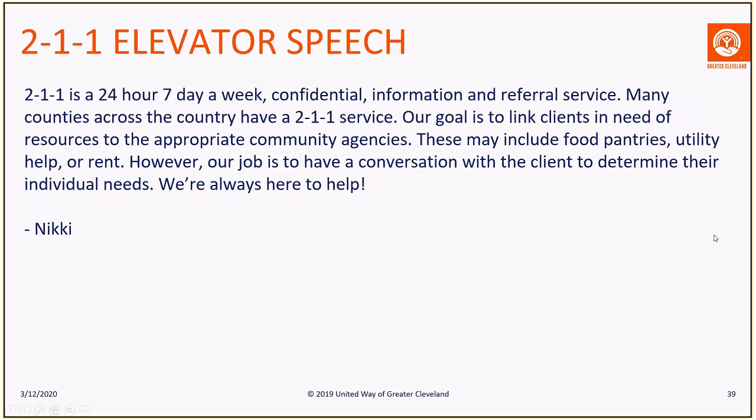There we go. And then I have one more. This was submitted by Nikki. And Nikki says, 211 is a 24-hour, 7-day-a-week confidential information and referral service. Many counties across the country have a 211 service. Our goal is to link clients in need of resources to the appropriate community agencies. These may include food pantries, utility help, or rent. However, our job is to have a conversation with the client to determine their individual needs, and we're always here